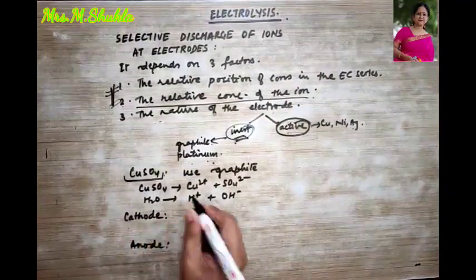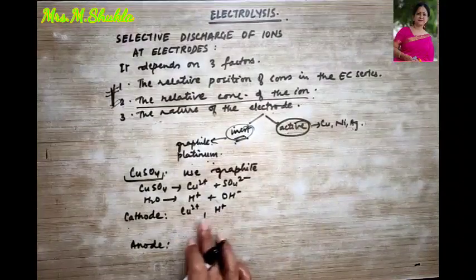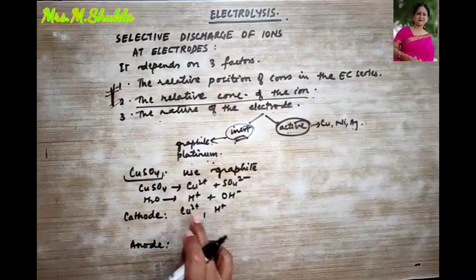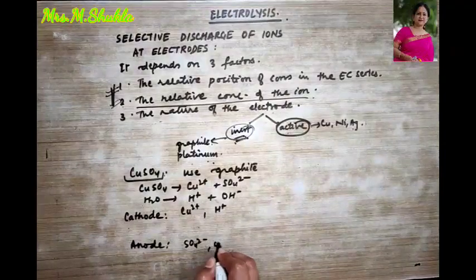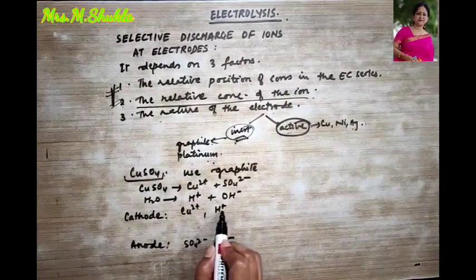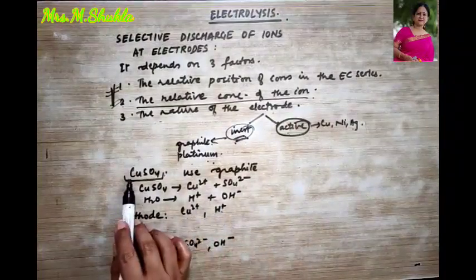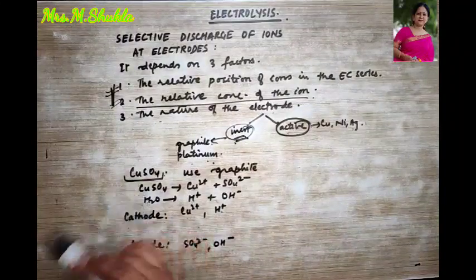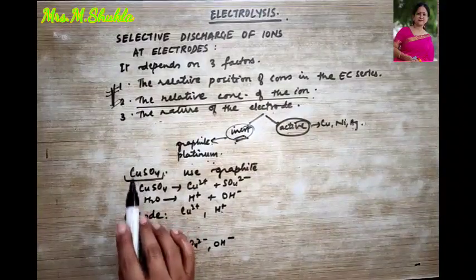Okay, so let's go to the cathode and anode. So what is present at the cathode? Cu2+ and H+. So which ions are present at the cathode? The copper ion, that is cupric, and hydrogen, and at the anode it is the sulfate ion and OH-, the hydroxide ion. Now copper ion, hydrogen ion, who is going to get the preference over here? I never said concentrated copper sulfate. Clear? If I do not use the word concentrated, it obviously means that this is a dilute